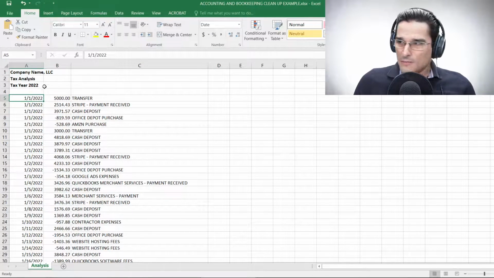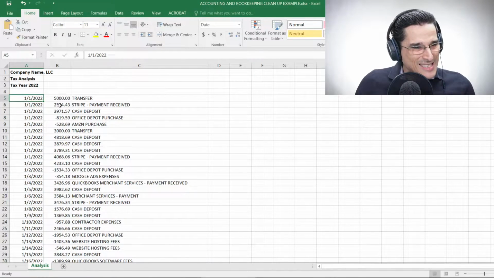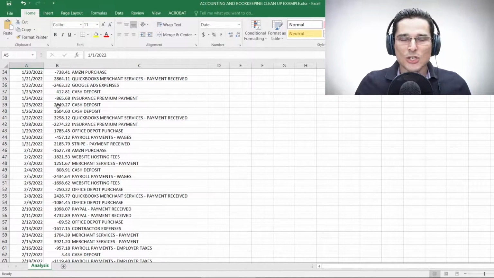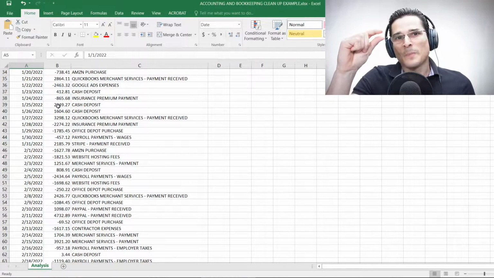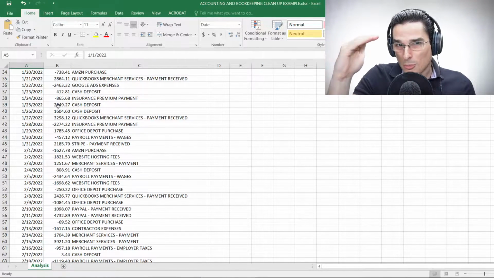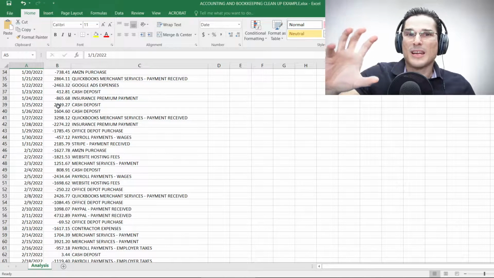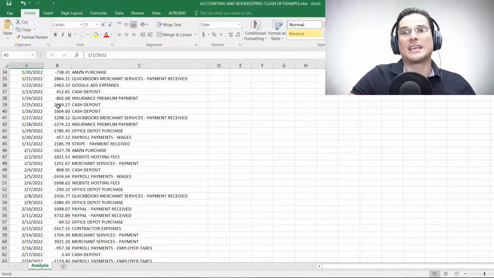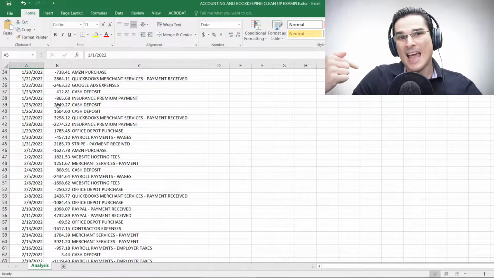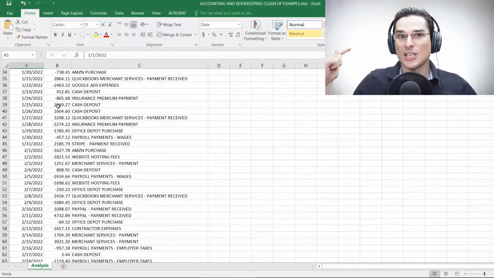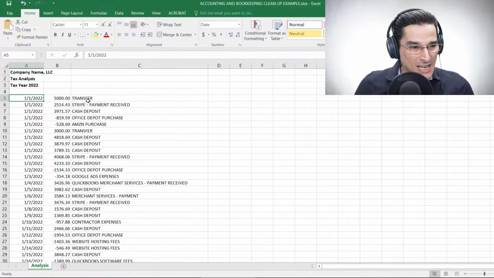All right, now that we've labeled our spreadsheet, the next step is to get all this information organized, all right? And the first separation of the information that we're gonna put into place is separating the positive amounts, meaning the cash inflows, and the negative amounts being the cash outflows. And Excel allows us to do this